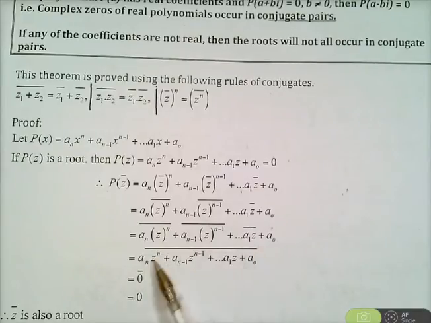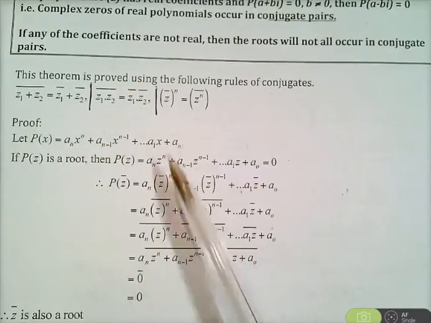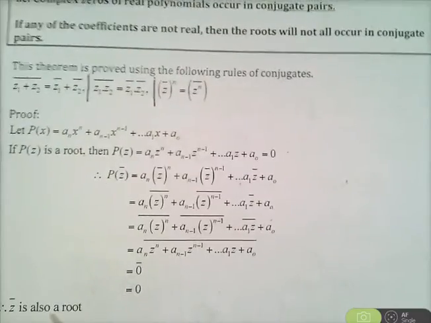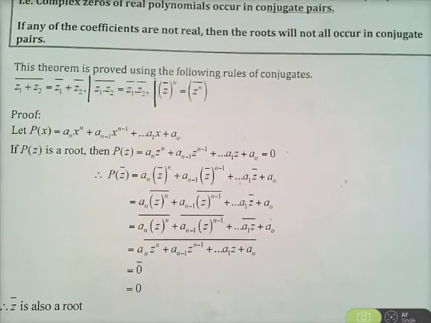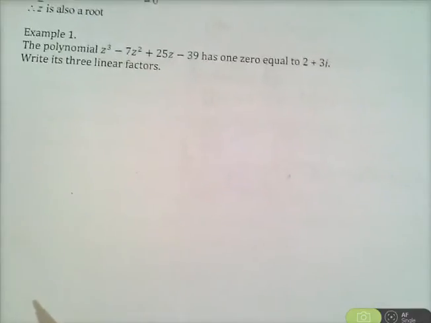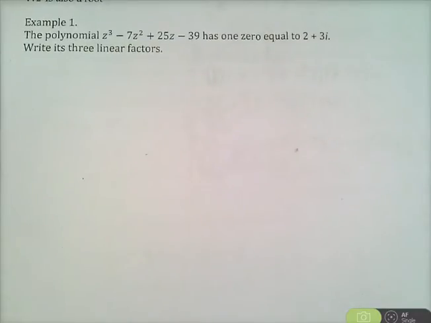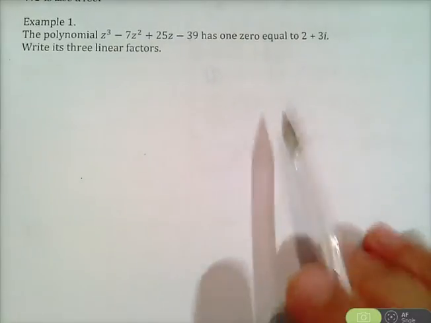Now we know that that equals 0 from up here on the first line, that all of this equals 0, so the conjugate of that is the conjugate of 0, which equals 0, therefore the conjugate of z is also a root. So that's the proof for proving that if z is a root, then the conjugate of z is also a root. Okay, now, example 1 says that the polynomial z cubed minus 7z squared plus 25z minus 39 has 1